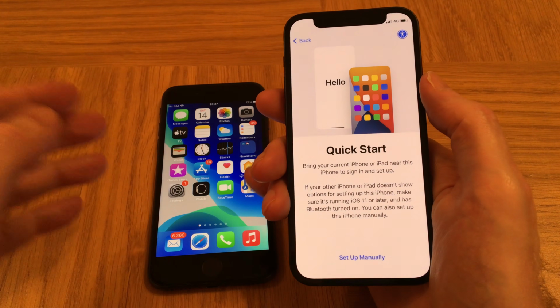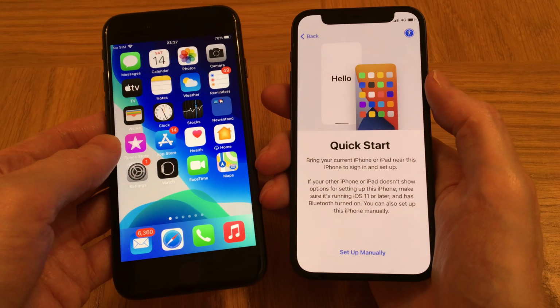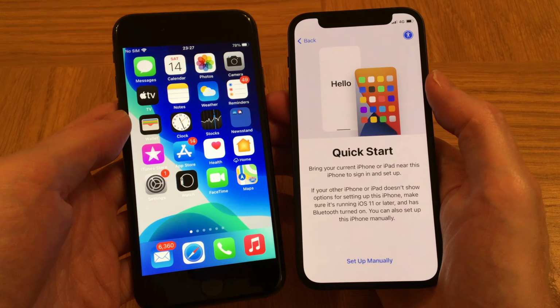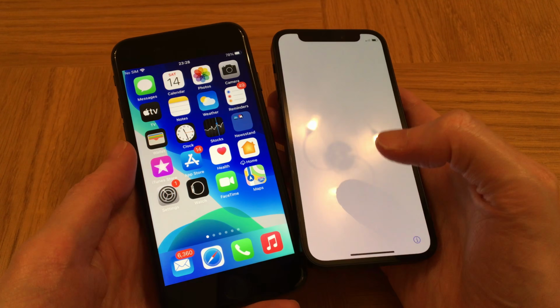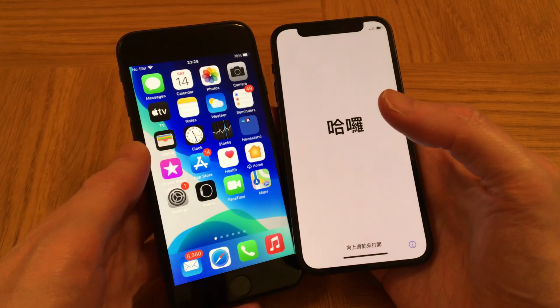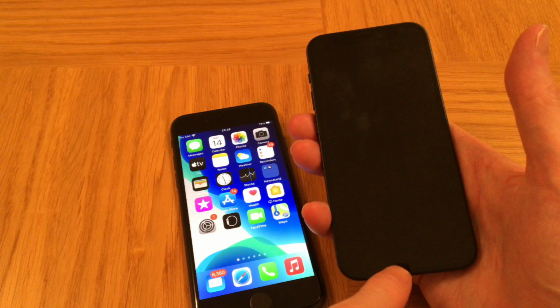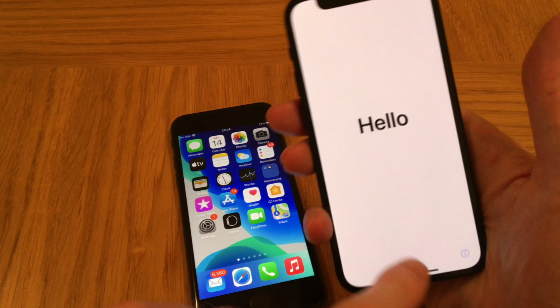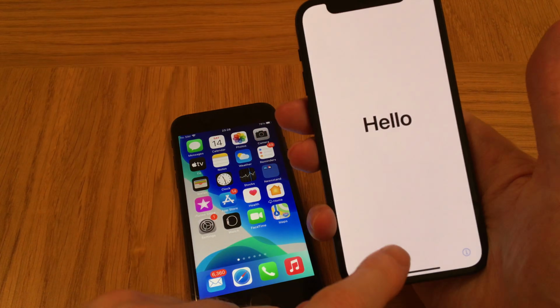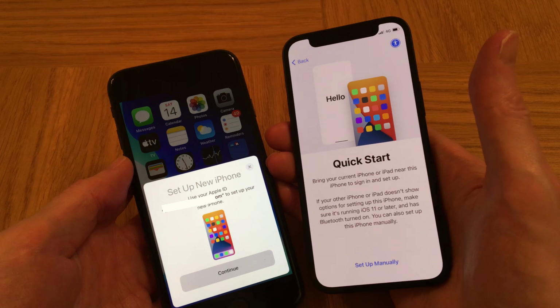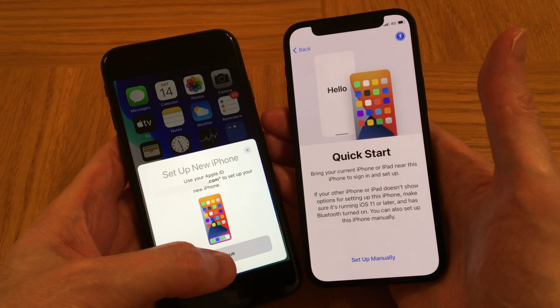And we should now see the quick start page on our iPhone 12. But we also need to see the pop-up window on our old iPhone screen so that we can trigger the data transfer process. If you don't see that pop-up window, which is what happened to me, there is a way to trigger it. You have to wait for your iPhone 12 screen to go to sleep and return to a black screen, and then tap on the power button or move your phone to switch the screen on again. And then swipe up on the hello page again, and this should trigger the pop-up message to appear on your old iPhone. Tap continue on the pop-up message,